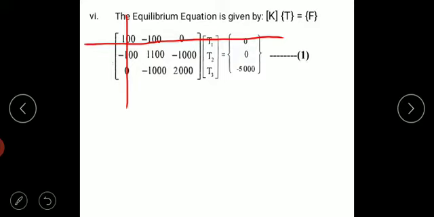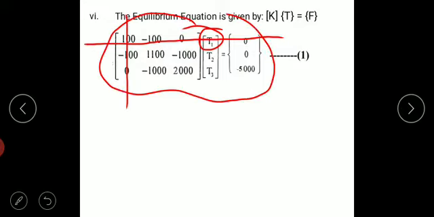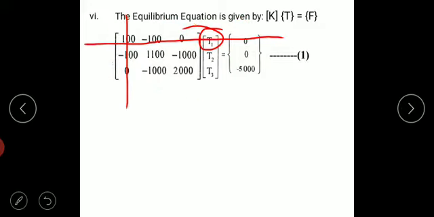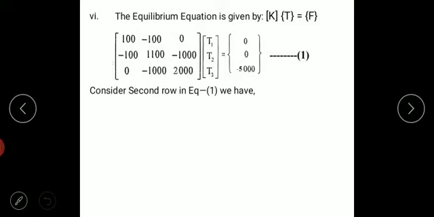But I know the temperature T1 value. If I eliminate first row and first column, the T1 will vanish. Means what? In the total equilibrium equation, I have considered the temperature T1. So without considering T1, if I solve, I will get an error. That is the reason why I am going to consider the second row. Why only the second row? Because first row I am going to eliminate. If I consider the third row, 0 into T1 means again T1 is going to vanish. That is the reason why I will consider the second row.